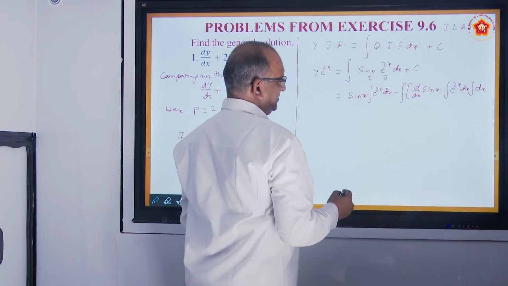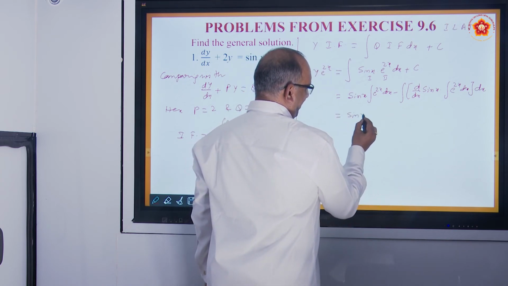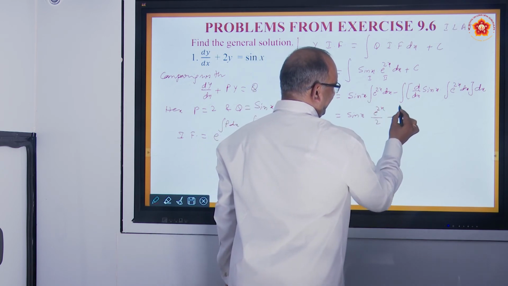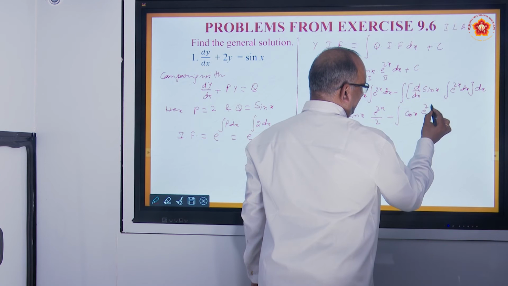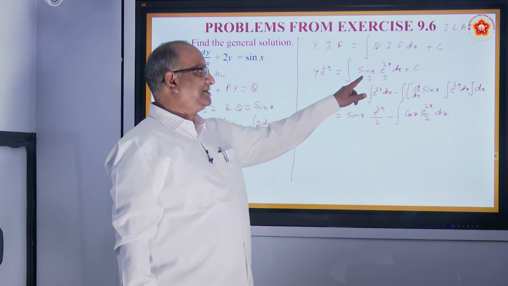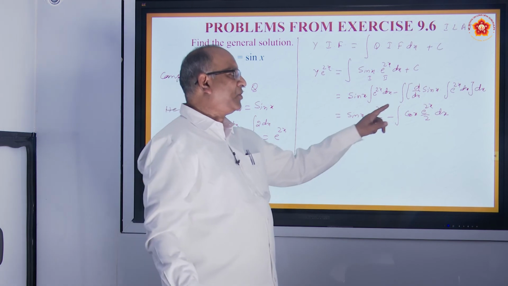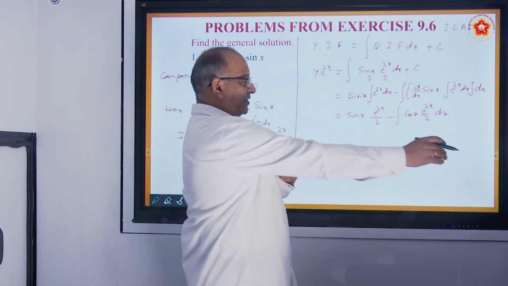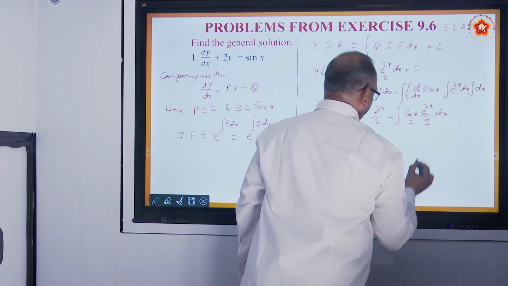Keep simplifying now, there is nothing more, just keep simplifying. This will be sin x. What is the integral of e to the power 2x? It is e to the power 2x by 2 minus the integral of the derivative of sin x, which is cos x, into e to the power 2x by 2 dx. We started with sin x into e to the power 2x. We want to integrate, but in the process we got cos x into e to the power 2x. So once again you have to follow the same procedure.